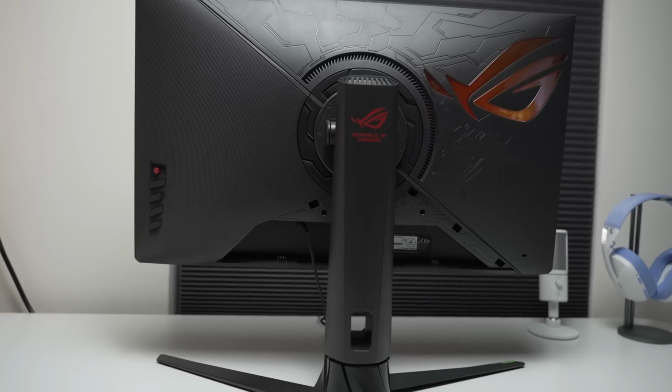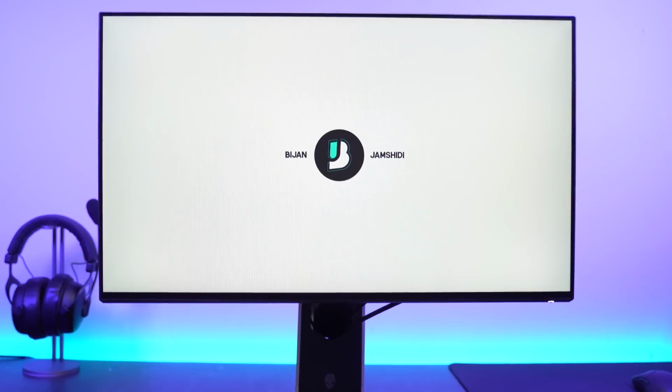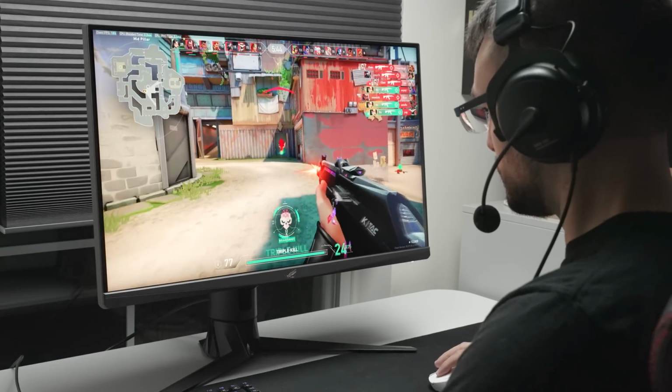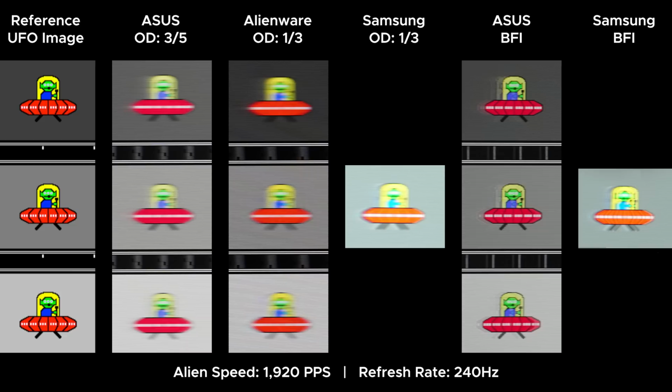Next, we have the 1440p 240Hz monitors. This is for the highest level of competitive gamers as well, but with more pixels. The top contenders we have are the Asus ROG Strix XG278QM, the Dell AW2721D, and the Samsung Odyssey G7. To keep it simple, the best one here is the Asus XG27AQM because it's literally a jack of all trades and master of many. The Asus and the Samsung both have very similar response times without black frame insertion, and